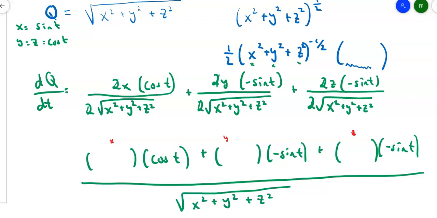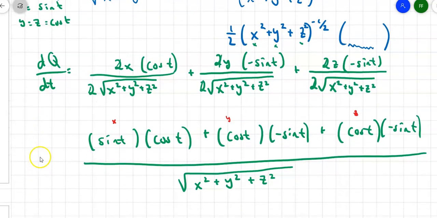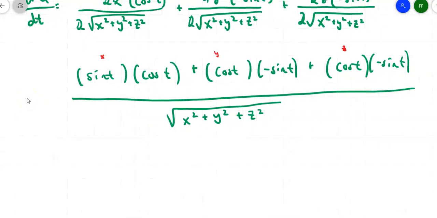All right, let's fill in those x, y, z spots with the parameters up top here. So x is equal to the sine of t, y is equal to the cosine of t, z is equal to the cosine of t. A little bit of this simplifies. The top is a sine cosine minus sine cosine minus sine cosine. So don't these first two terms and those first two terms zero out? And I end up with negative sine t cosine t